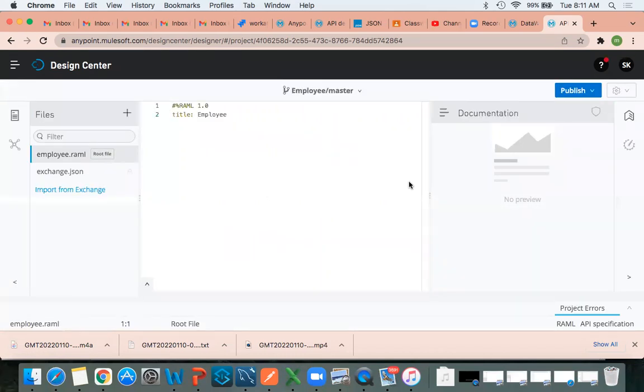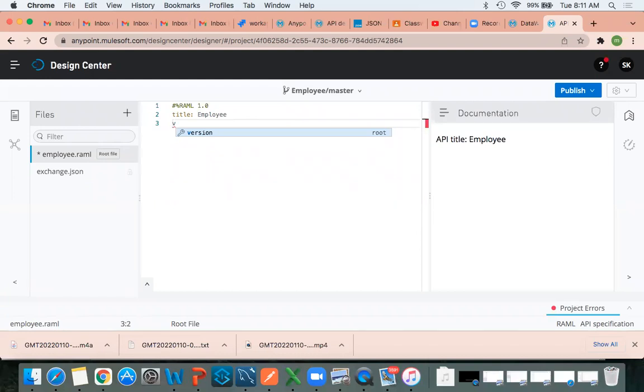Very simple. Just provide the name and create spec so that it will create the API for us. So it got created. What is this? RAML version. And then this is the title. Who is going to provide this title? The organization, the client. In the spreadsheet, we will get it. Next, what do I want to write here? Version. If you type V, it will automatically display version. So for version I am writing V1.